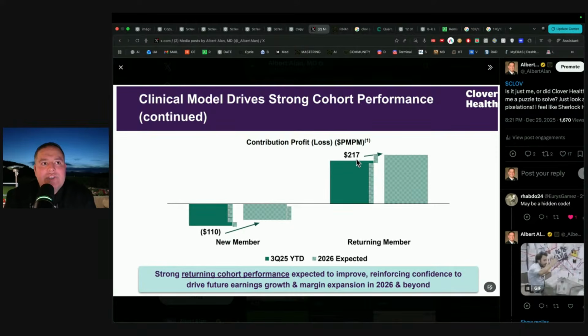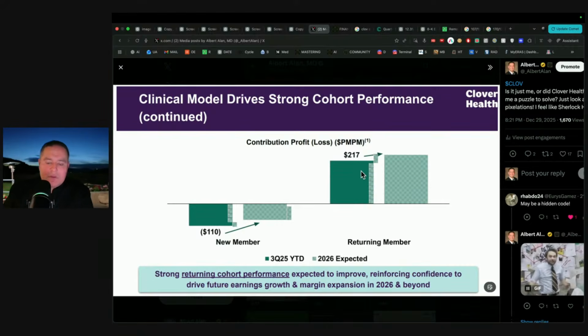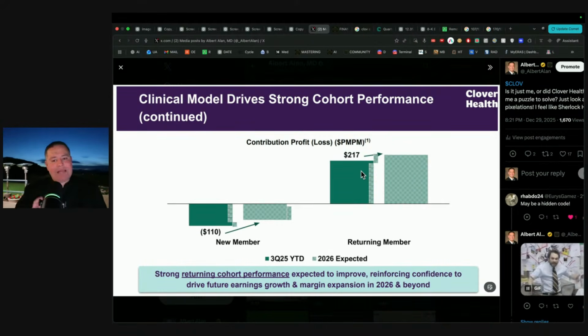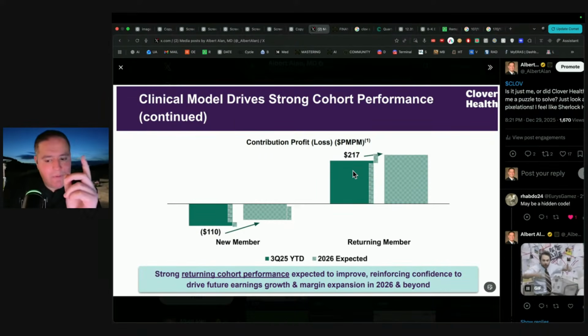And I think I know what the issue is. I think because they're giving a lot of benefits to these patients, and that's part of the Clover model, to save money and to pass those savings down to the patient so they get more free stuff, right? That's their flywheel model, which then attracts more patients, yada yada, right? So I think that's why that's the case, because it doesn't make sense why returning members dropped. So that's something that is interesting.